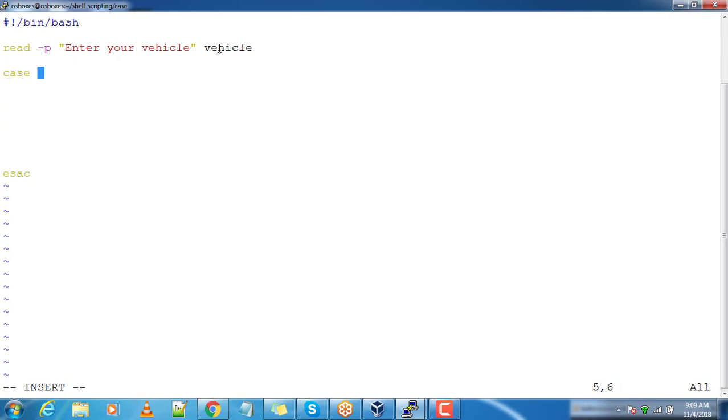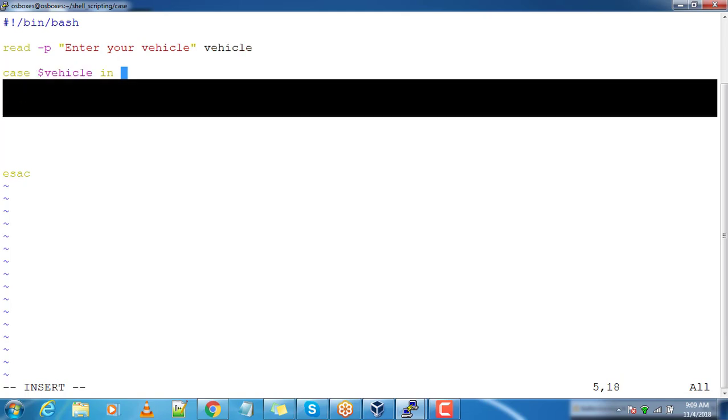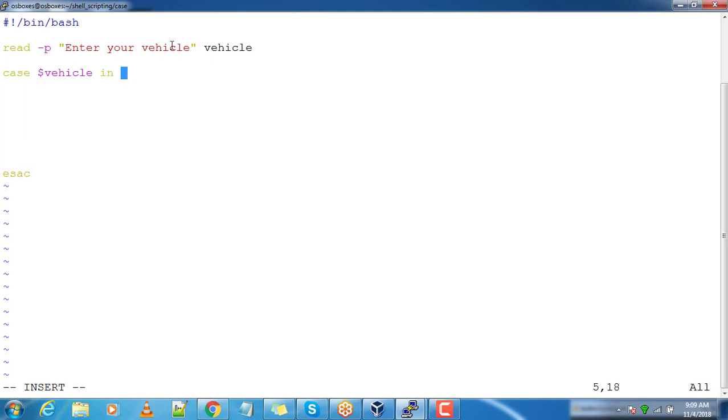Okay, so which variable do you need to check? I'm just checking whether this variable is matching with any of the options, and based on the matching, I do my logic. Say for example, if it's car, then just write echo car. I can write it in the next line also. And once this is done,